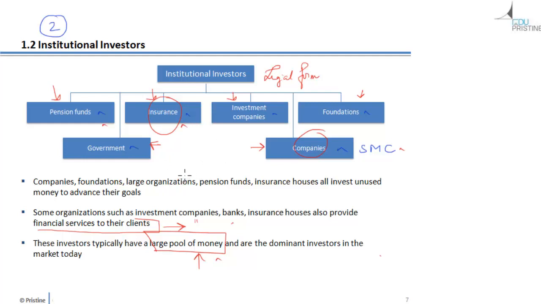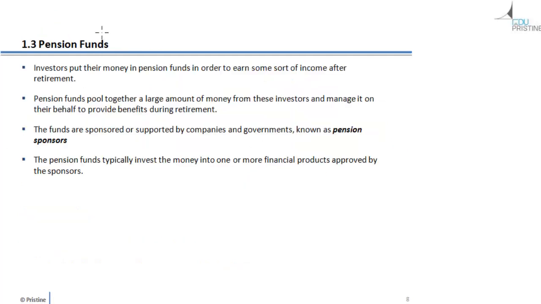The intent of these slides going forward is to look at some of the macro information about each of these, rather than getting into the details of each and every characteristic of each one. Okay, so let's first talk about the pension funds. Pension per se is the amount of payment that needs to be paid to the employee by the company.